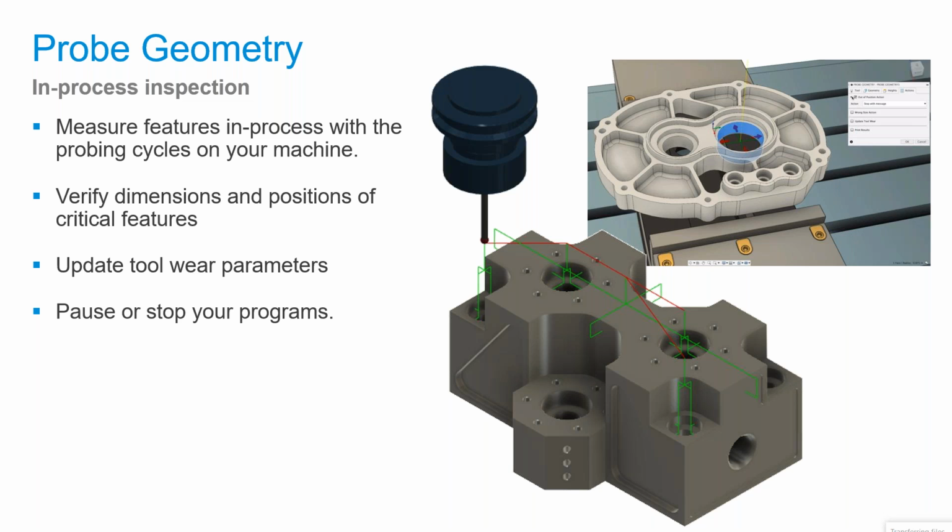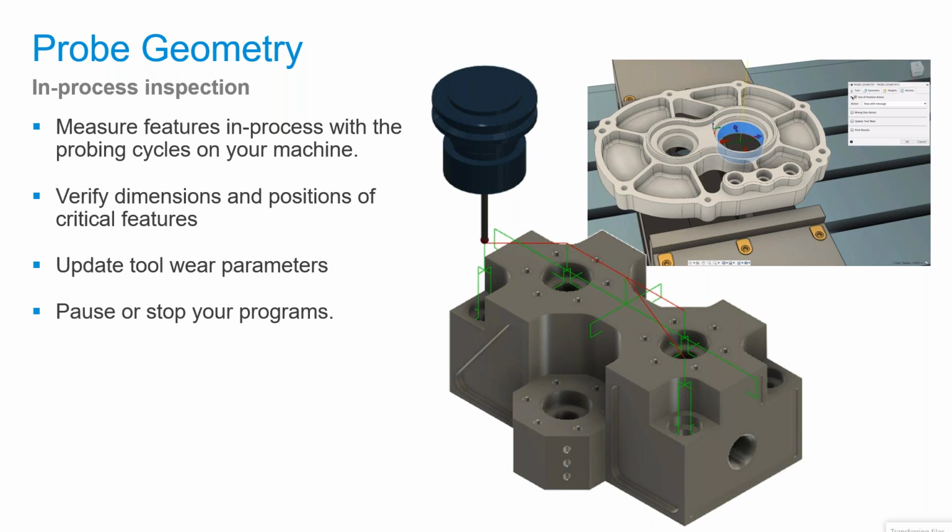So these areas are non-productive time consumptions, which we can remove by using this probe geometry within your machining process itself. This is where our software supports you in doing this inspection and giving you an inspection report which justifies that the part you have machined is as per your quality. If any deviation is found, you can immediately correct it then and there inside the CNC machine where you are doing your manufacturing, without disturbing the setups.